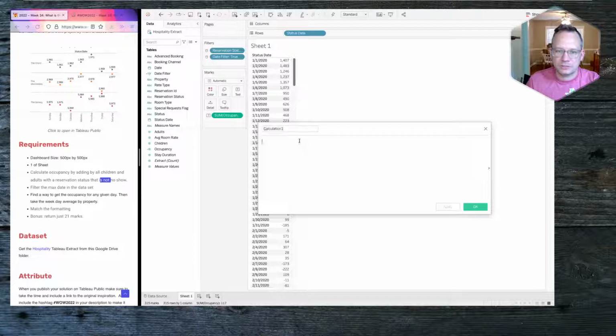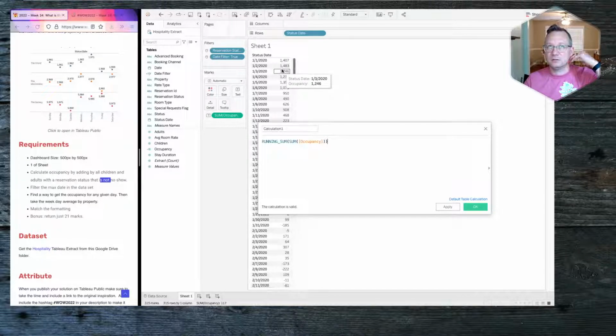So now I think what we can do is just do a running sum of occupancy. And remember, because we're accounting for the checkouts in our calculation, 1407, there are still 1,400 people that are here, right? But we also had check-ins on the next day. And here we had check-ins on the next day. So this is our daily occupancy